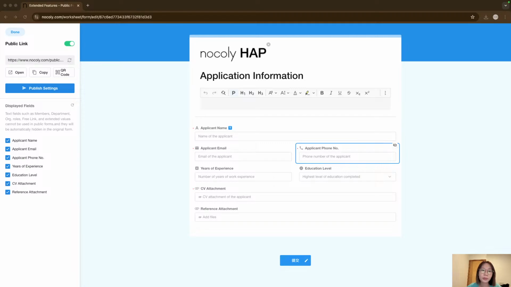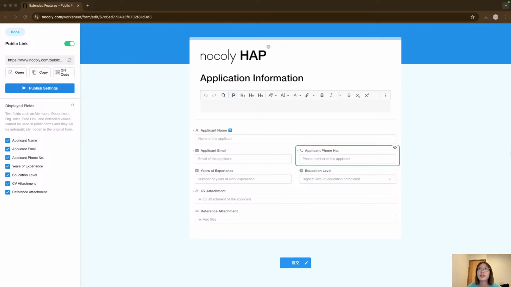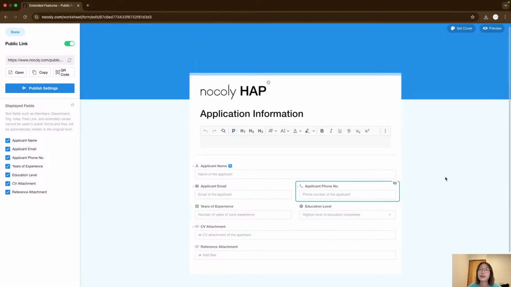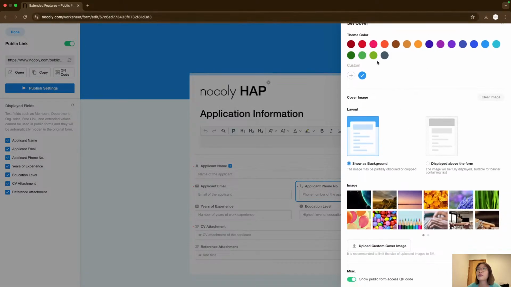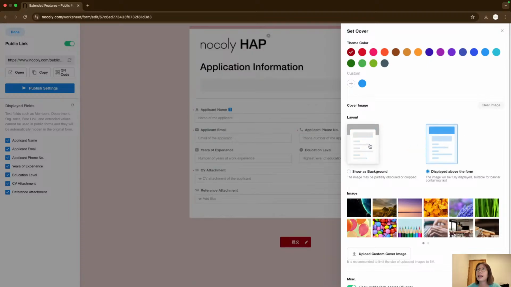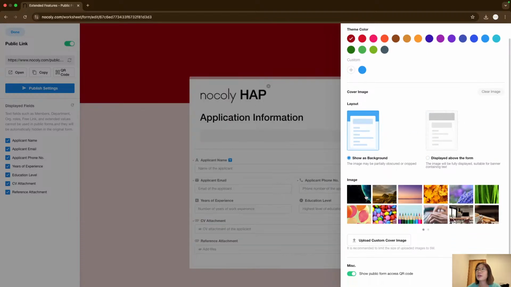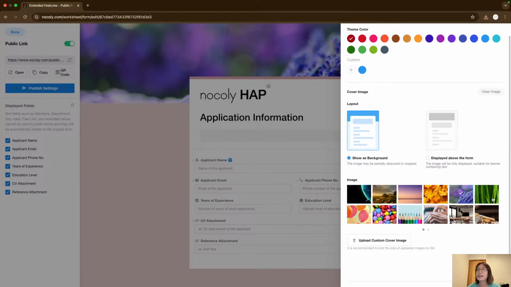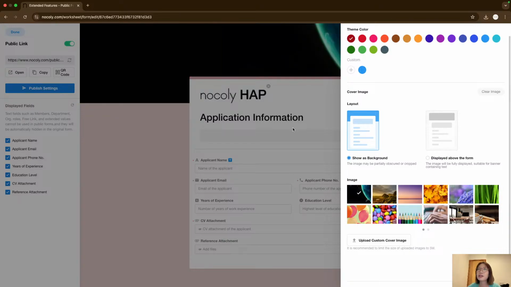However, I still wish to make some changes to make the whole page look better. Okay, the first thing I'm going to do is set a cover, and here you can pick a theme color that you think is pretty for your website. You can adjust the layout style here. You can choose an image as the background picture. And here, since I